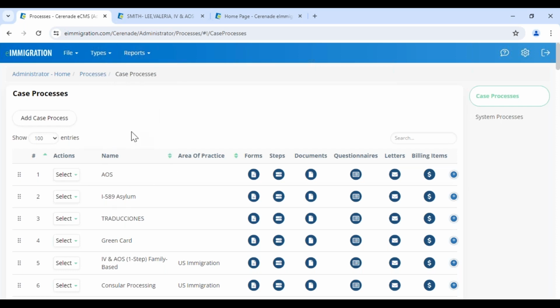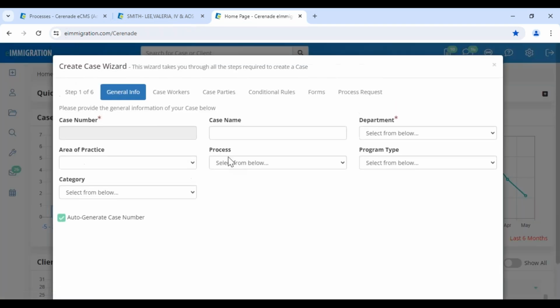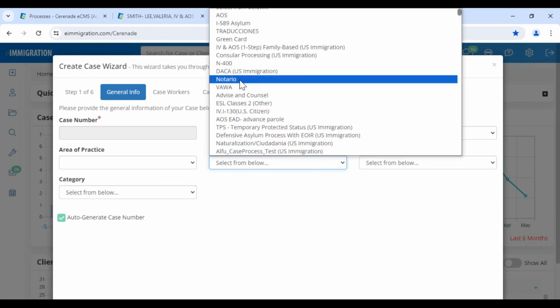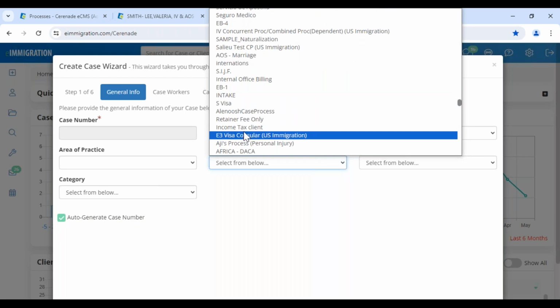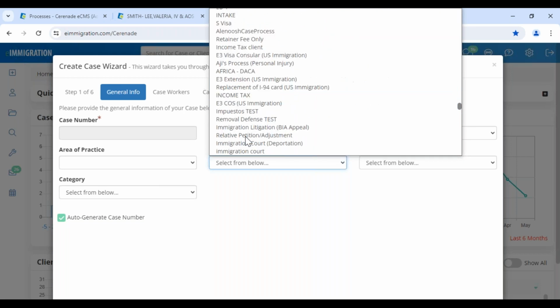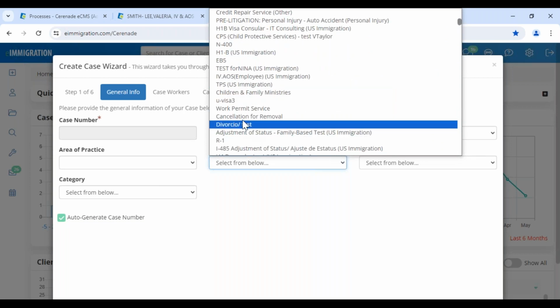And the reason why I'm recommending you customize it is because, let me quickly show you, when you are creating a case, on the other window, this is the drop-down menu that I'm referring to. Imagine if on a daily basis you have to search for what you need, it's a waste of time. So we recommend that you customize this list and put the most commonly used processes on the top 10, top 20, and then delete the ones that you don't need or add the ones that you need, even if it's